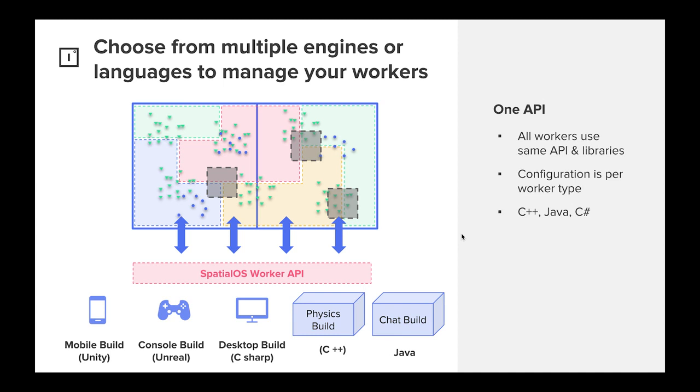The fact that you can mix and match C++, Java, and C# means that you can start modularizing features, adding and iterating on complexity and new systems in a way that you couldn't do with a normal game engine. But obviously, we do support all of the normal game engines too.